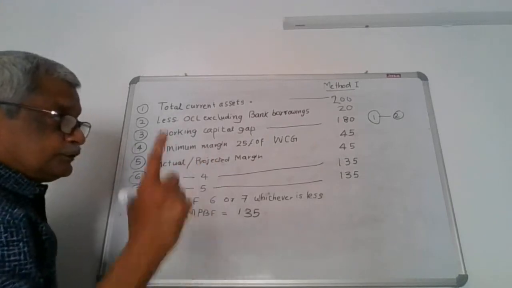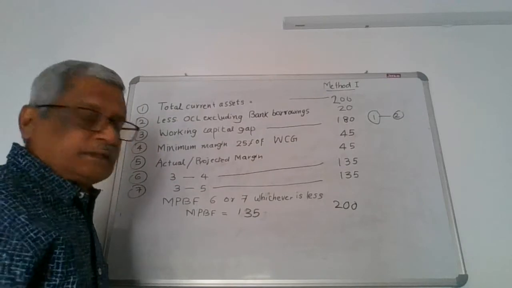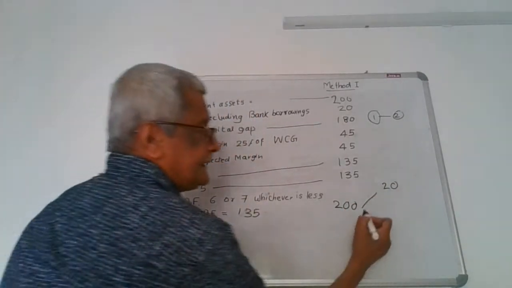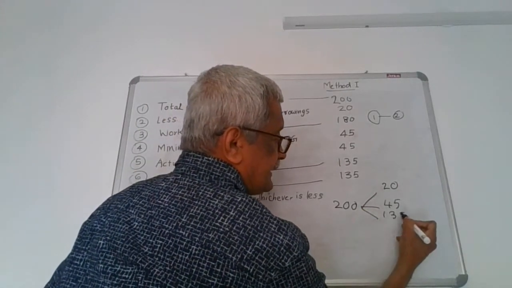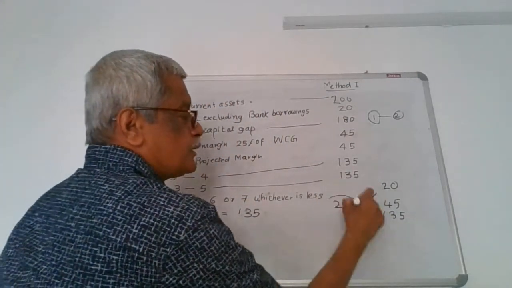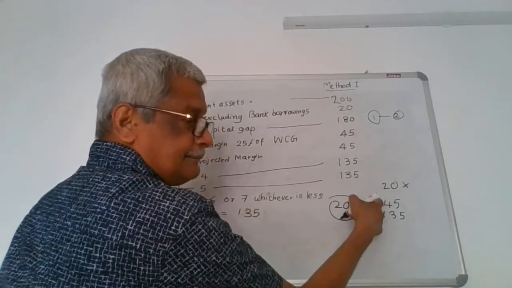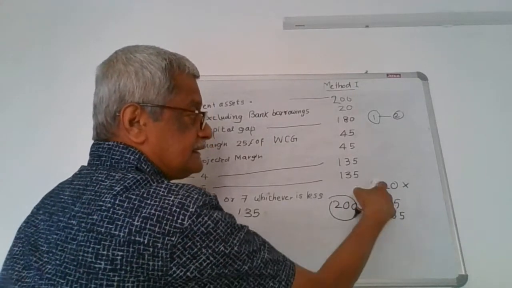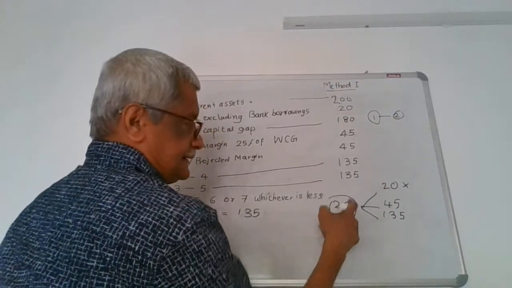So now look here, he needs 200 lakhs, of which 20 is to be paid afterwards. He brings in a margin of 45. The balance 135 the bank gives. Put together, this is how this 200 is met. I am not funding this 20 because it is to be paid afterwards. He brings in a margin of 45 and I give him 135. That is how these three sources finance the working capital.